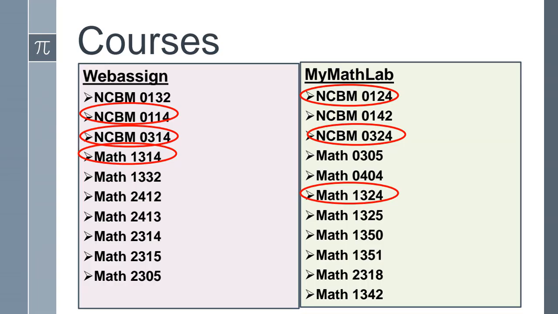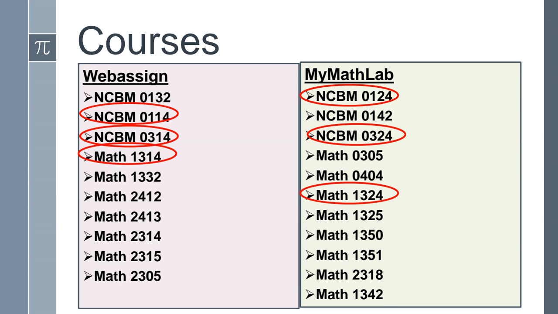So we want to first point out that if you are using Math 1314, the web-based application you'll be using is WebAssign. And for Math 1324, you're going to be using something called MyMathLab.